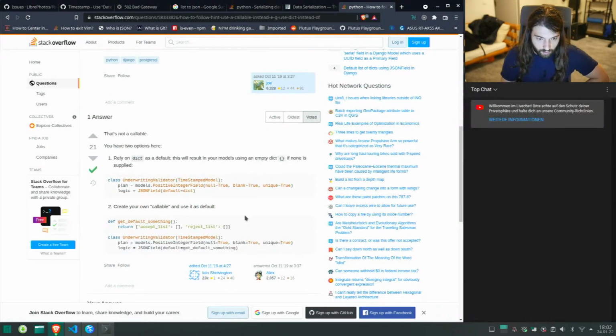That's not a callable. You have two options here. Rely on dict as a default. Default equals dict. This will result in your models using an empty dict. Or create your own callable